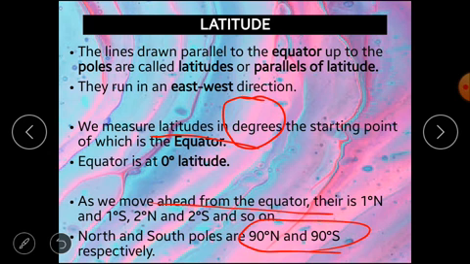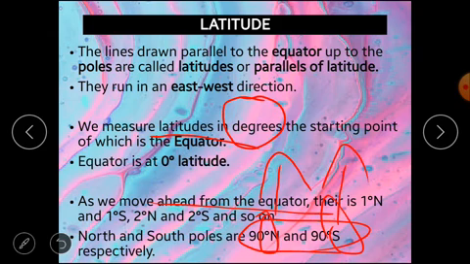That is the poles. 90 degree north is the north pole, and 90 degrees south is the south pole. We use the letters N and S. N is for northern and S is for southern.